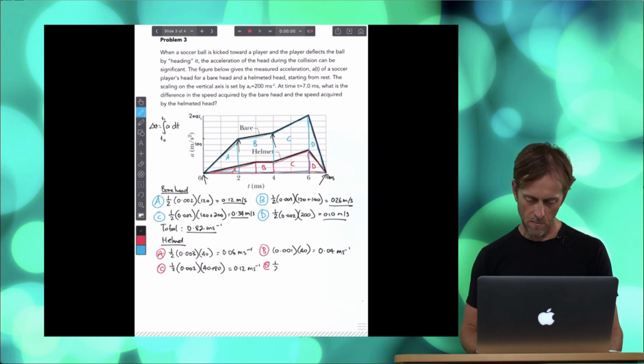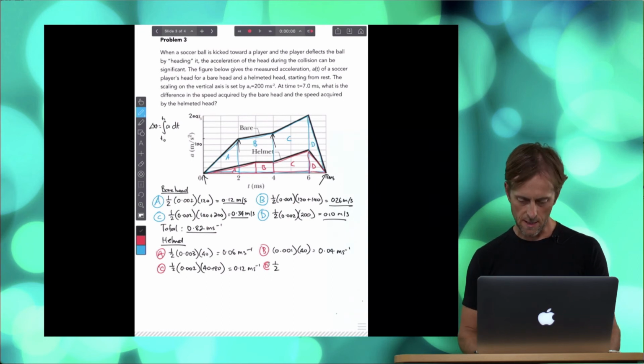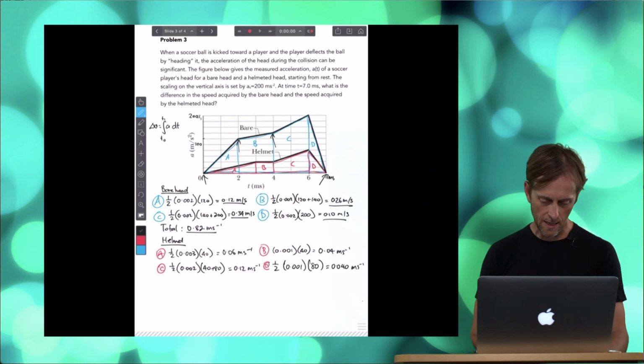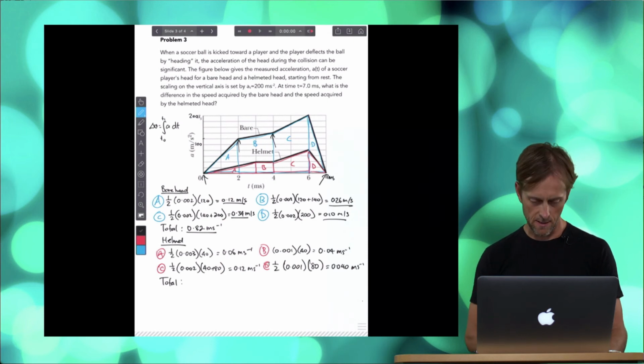Half base times height, so it's 0.001, sorry, 1 millisecond, 0.001 seconds times 80, and that is 0.040 meters per second. And we can add those all up, and we get 0.26